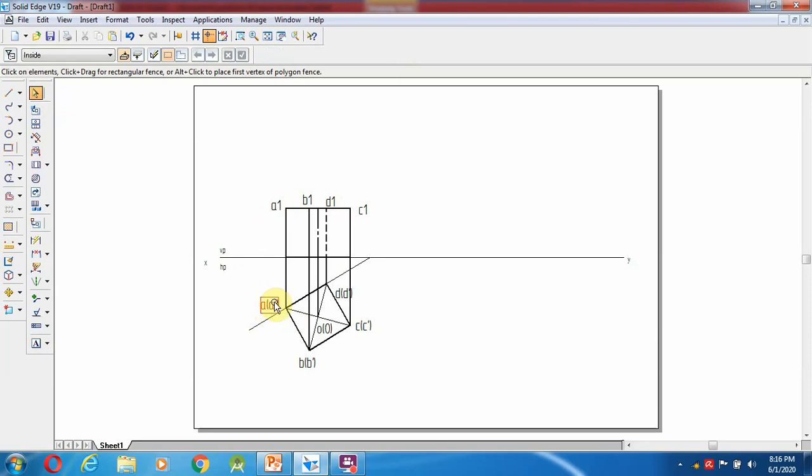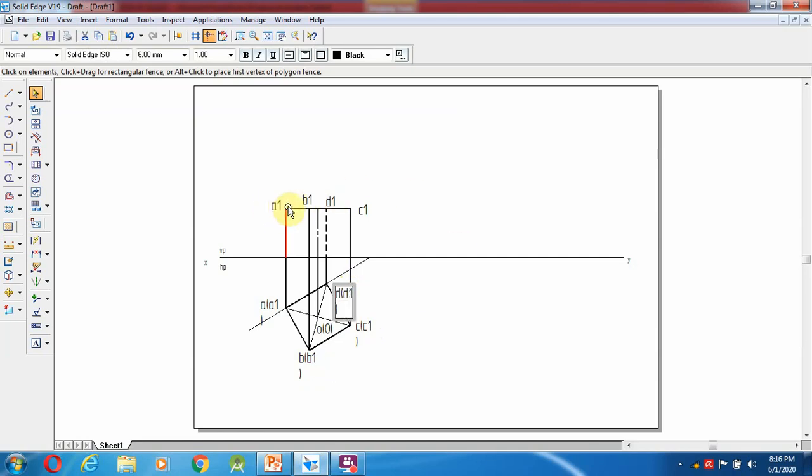Okay, so this is A and A1, B1, okay, C and C1, and D and D1.